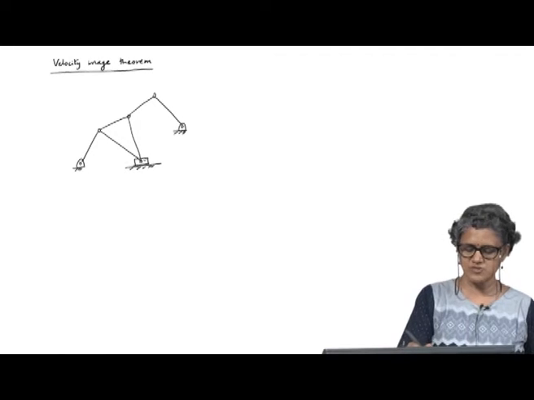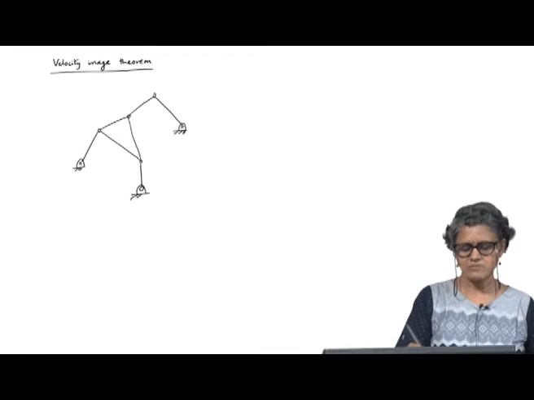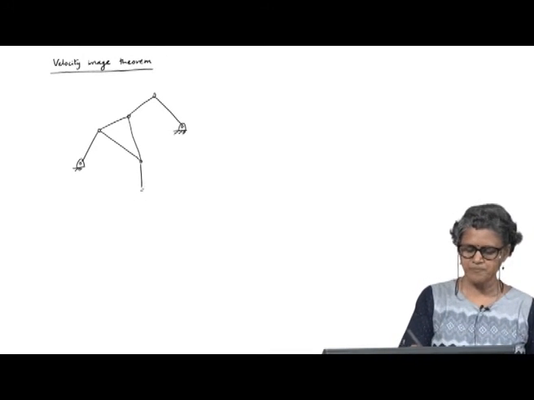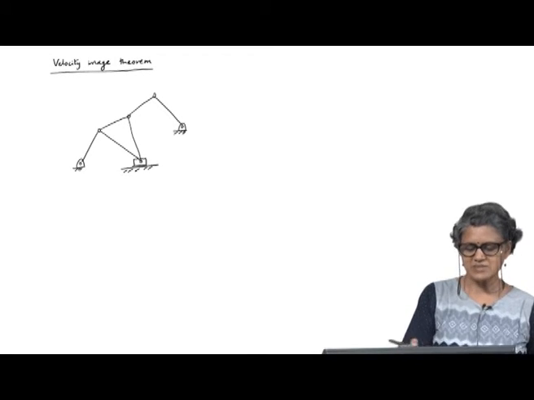Instead of putting a slider here, I can just put a 4 bar and then it is basically a 6 bar. Okay. So, in mechanisms like this,